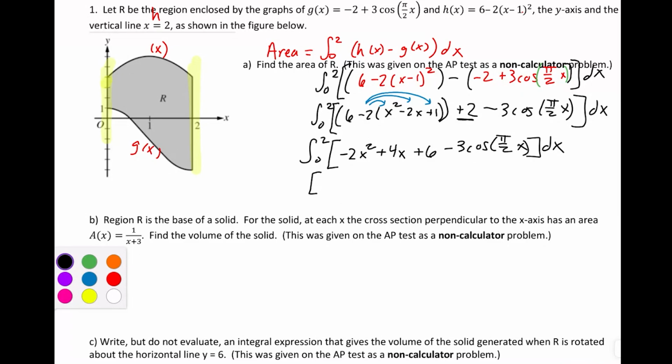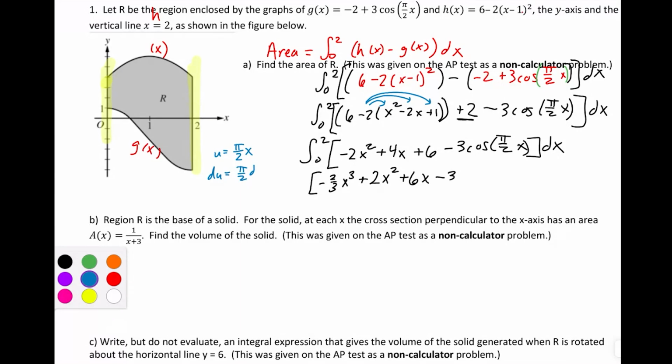So we'll just do one term at a time. We're going to have negative 2/3 x cubed plus 4 divided by 2 is 2, x squared plus 6x. And we're going to have a minus 3 times something. We are going to have to do a little u substitution on this. So I'll let u be pi over 2x. du would be